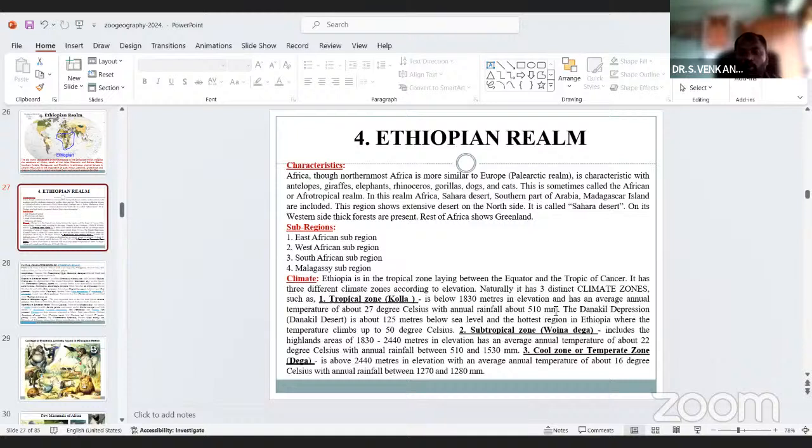The cool temperate zone, Dega, is above 2440 meters in elevation, with an average annual temperature of about 16 degrees Celsius, with annual rainfall between 1170 and 1280 millimeters.